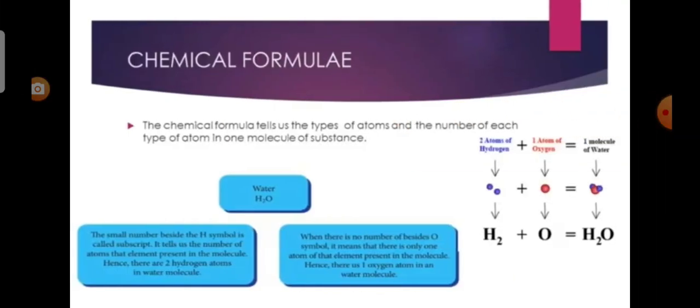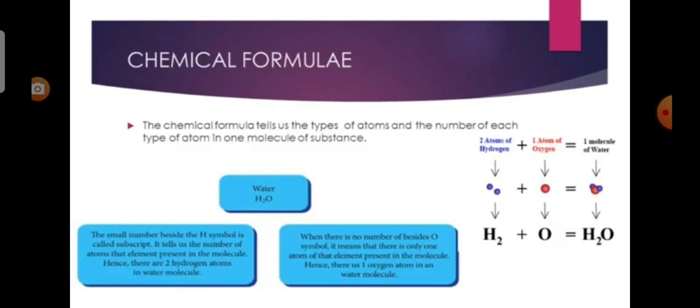Now we see about the chemical formula. Often we hear that water is the formula H2O. This is the chemical formula for a water molecule. This means that each molecule of water has two hydrogen atoms combined with one oxygen atom. A chemical formula is a symbolic representation of one molecule of an element or a compound. It provides information about the elements present in the molecule and the number of atoms of each element. Therefore, the chemical formula tells us the types of atoms and the number of each type of atom in one